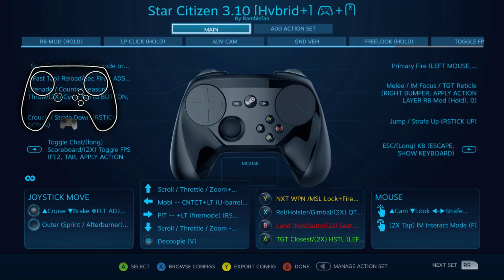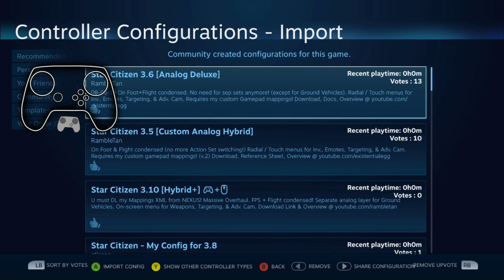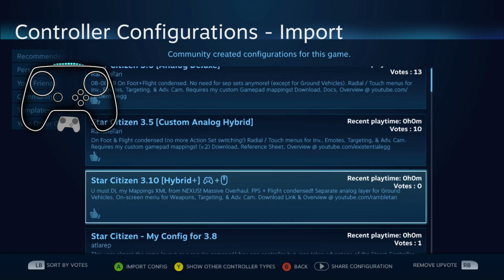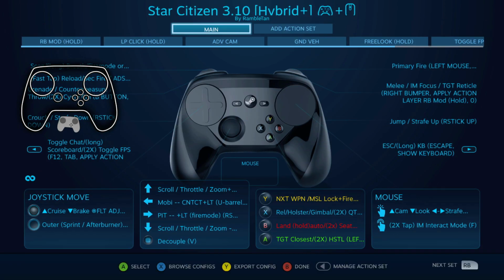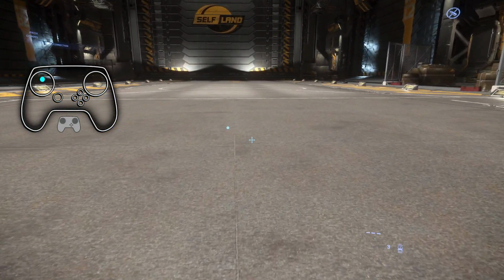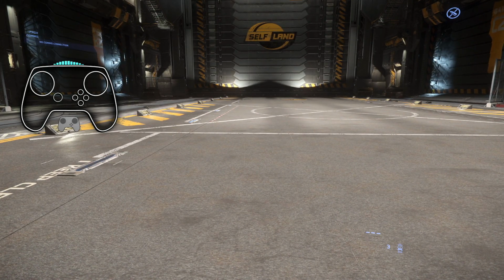I guess I kind of skipped where you would have the profile. Click X to browse. Go to Community. There's a little list of all of mine. Grab Star Citizen 310 Hybrid Plus. It's gamepad and mouse, so it's got the little emojis to explain it. Apply that. Grab it. Hit right grip. Jump. Left grip. Crouch. And we now have it working,